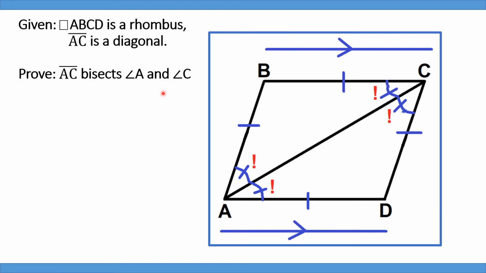Okay, so now look at that. They are now congruent. How did it happen? Because these are congruent, so the base angles must be congruent by the isosceles triangle theorem. Also, in this area here, these angles must also be congruent with each other because of the isosceles triangle theorem.